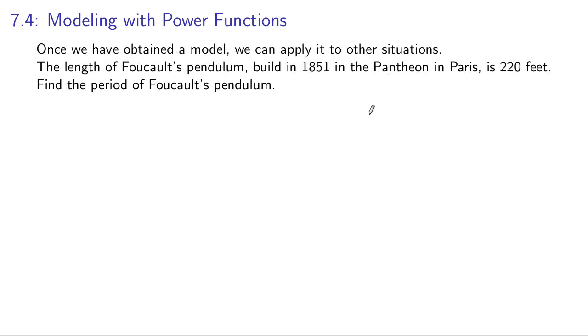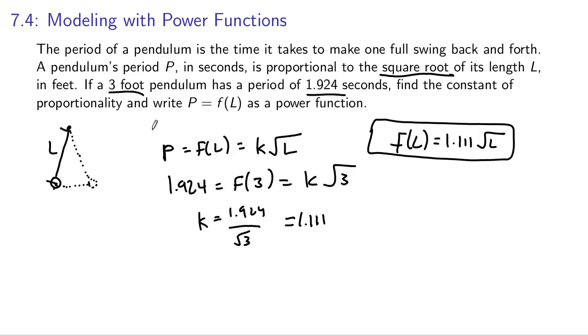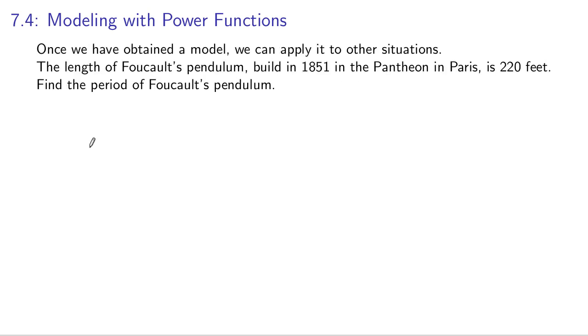Now once we've obtained a model like this, we can use the model and apply it in other situations. The length of Foucault's pendulum, built in 1851 in the Pantheon in Paris, is 220 feet. Find the period of Foucault's pendulum. So the period, remember, would be f of L was the period, and the rule was 1.111 times the square root of the length. The length was 220 feet,